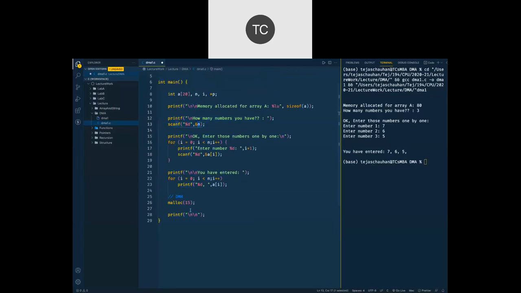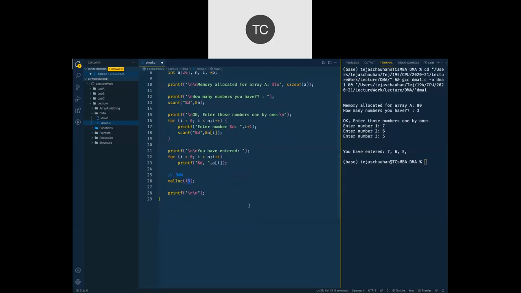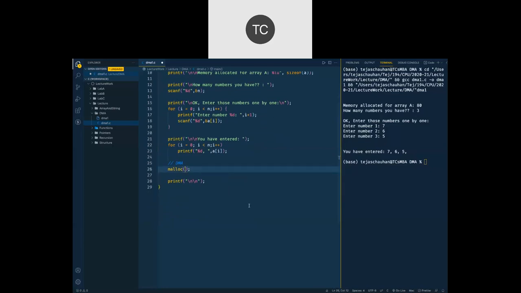So we say that, okay, I want to have a memory block which is enough to store n numbers. I want to allocate a memory block using malloc which has enough size to store total n numbers.